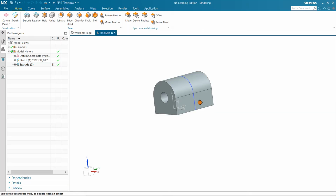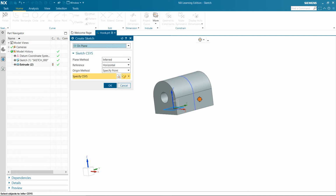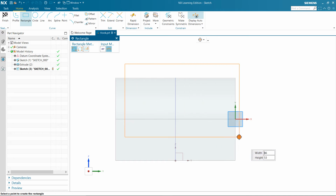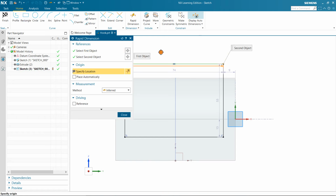Okay, now let's select this plane for sketching. Okay, now I have to cut it like this. So I am selecting a rectangle here, and then I'm giving rapid dimensions. This was